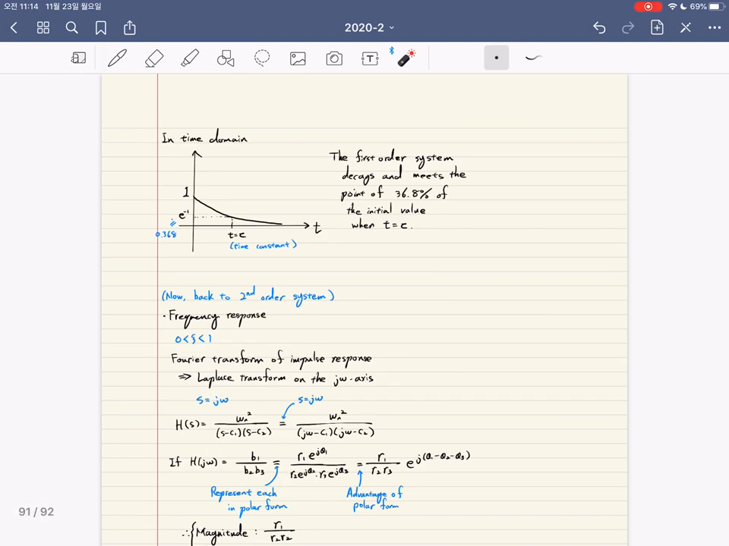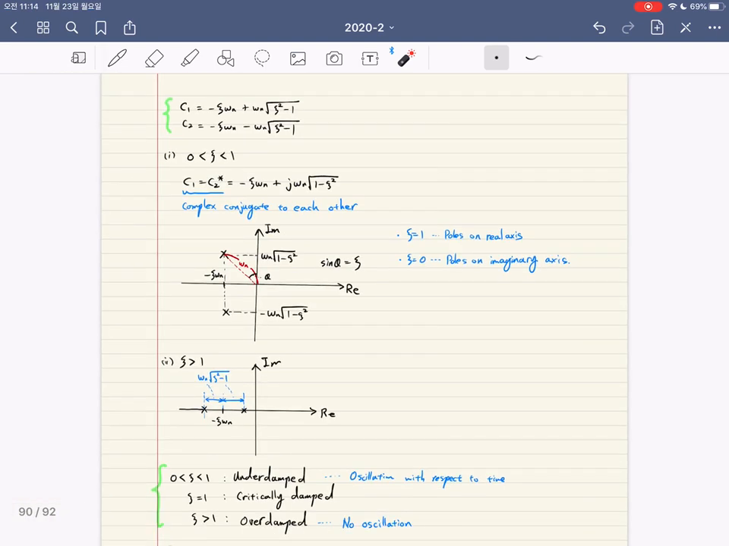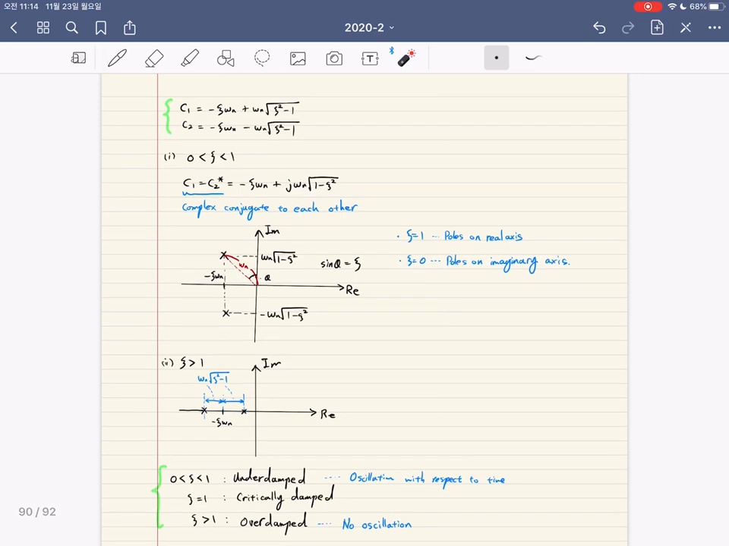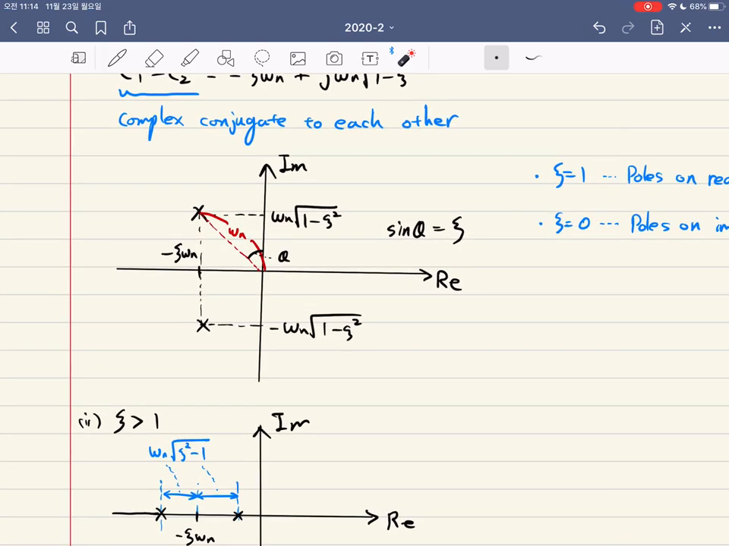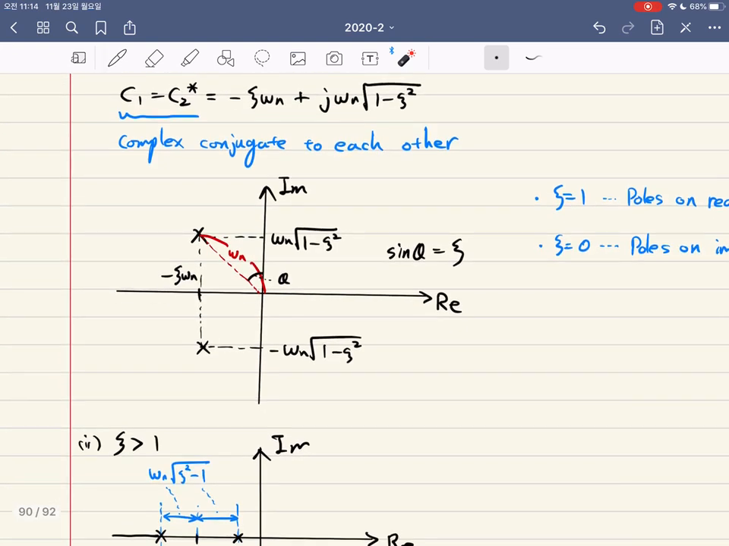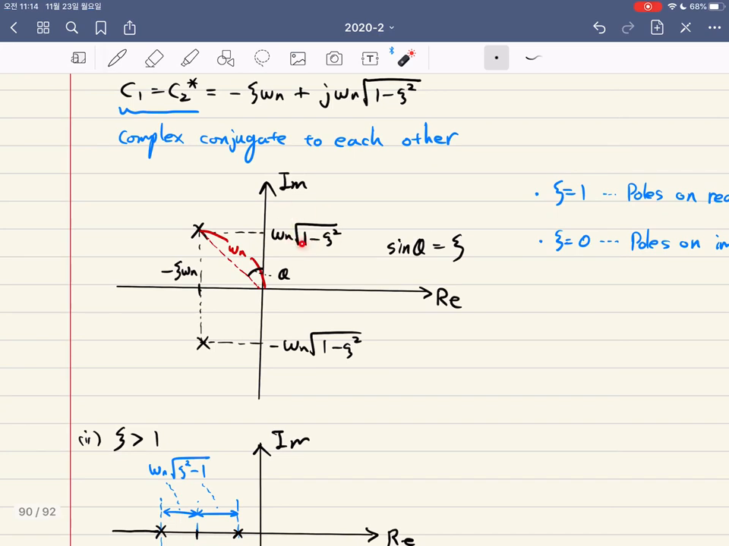So because we should, oh, I'm very sorry. So okay, one more time. With this relationship, you will have omega n square root of 1 minus zeta squared as this value here, right? So